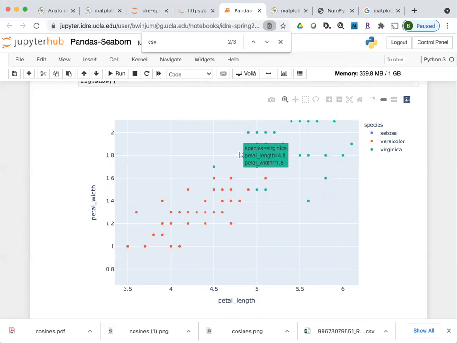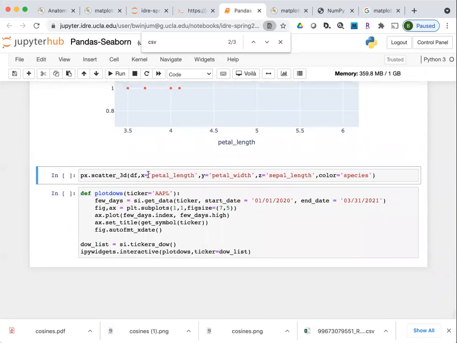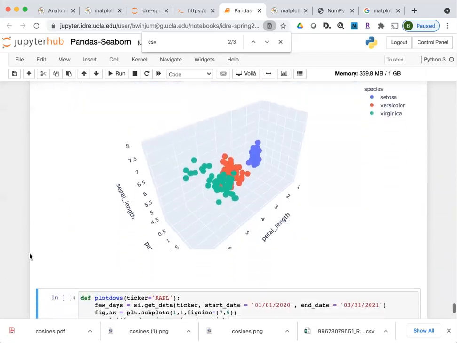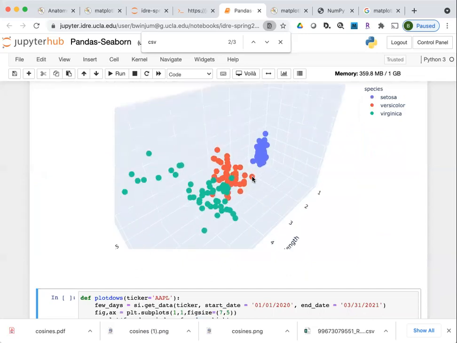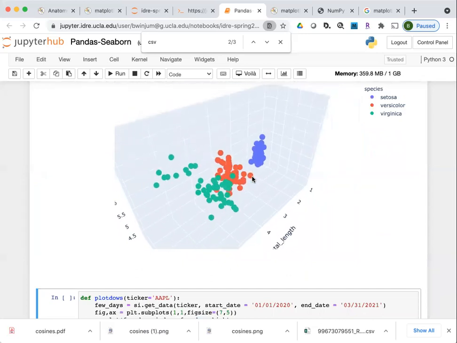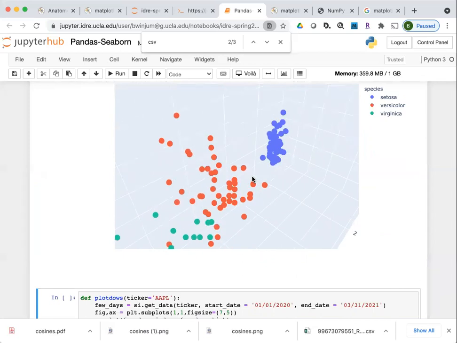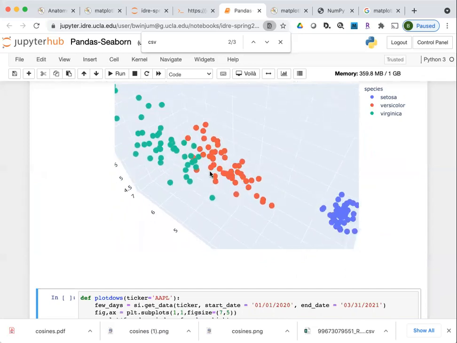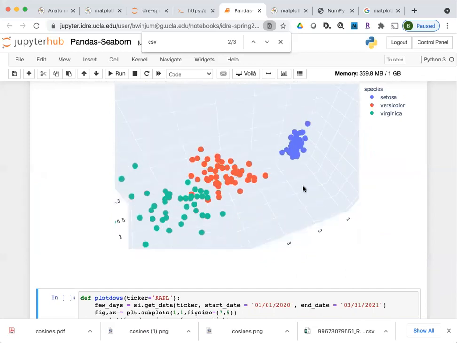You'll see when I move my mouse over a particular data point, there's a box coming up telling me what the value of the variable is. You can do this in 3D, which is really snazzy. So you can zoom in and zoom out. I'm doing a zoom in and zoom out thing with my fingers on the trackpad. Or I can hold the cursor down and move this all around.